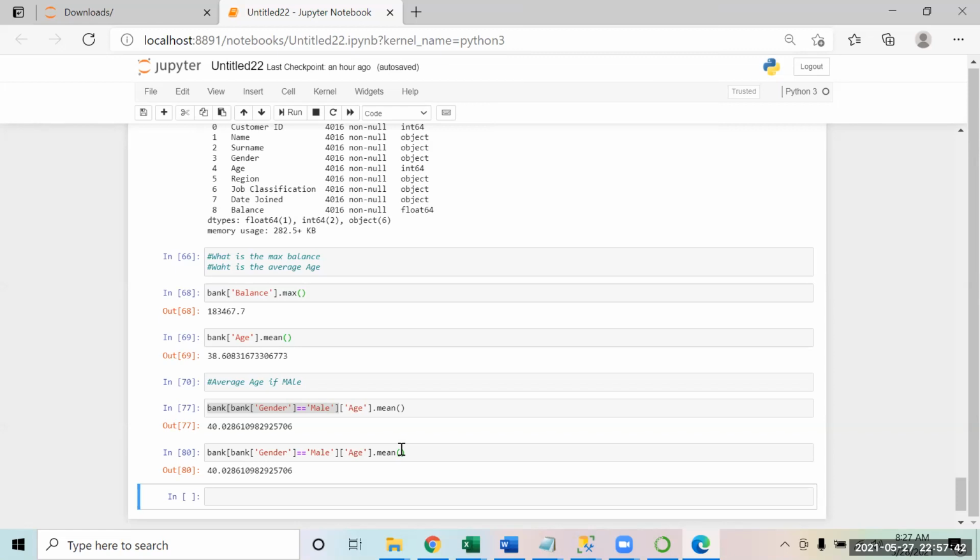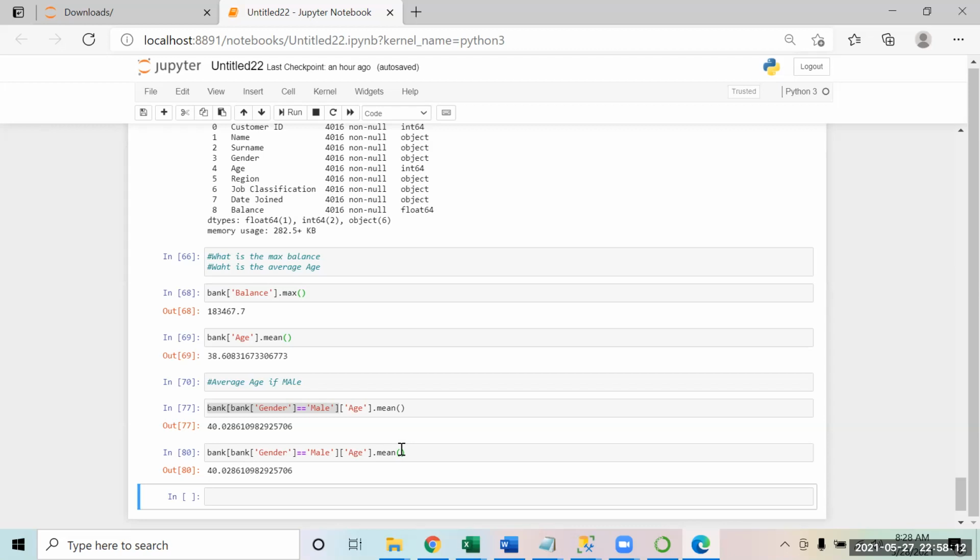And then one question over here. When we did lambda, lambda was also used for selection only, right? To perform on-the-spot calculations. Lambda, that was a function to perform on-the-spot calculation, right? We can't use that here on the data frame, but we already have the mean function with us. I mean, you can use the functions over here. You can use that lambda function.